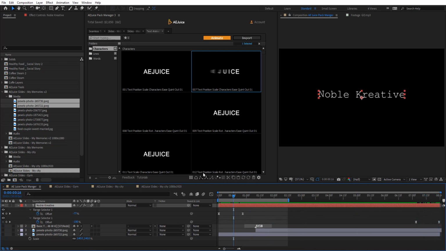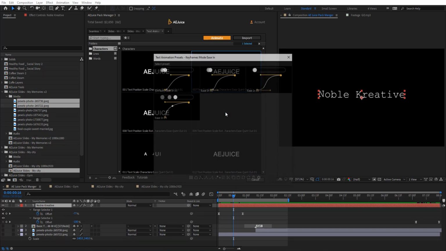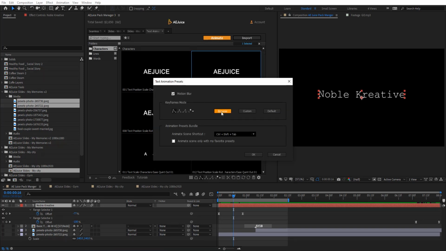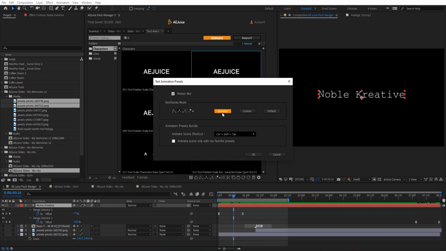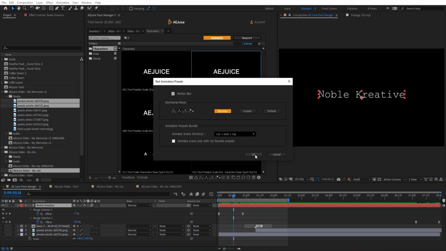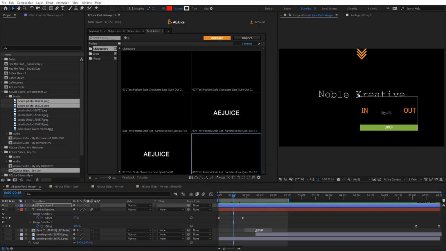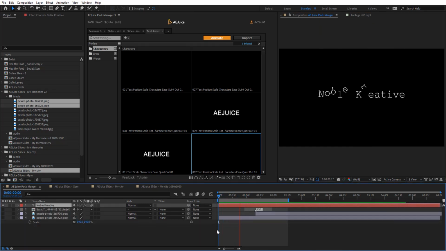And you can choose between ease in and out or easy ease. And here we have bounce, copy, cut, paste. We can reset all the settings here. And on keyframe mode, you can browse here and select the kind of easing you want. So let's select this one. And if we are on easy ease, you can see we have a different style here. So if we're in keyframe mode now, it's going to apply that graph for us. So pretty handy tools here and flexibility.